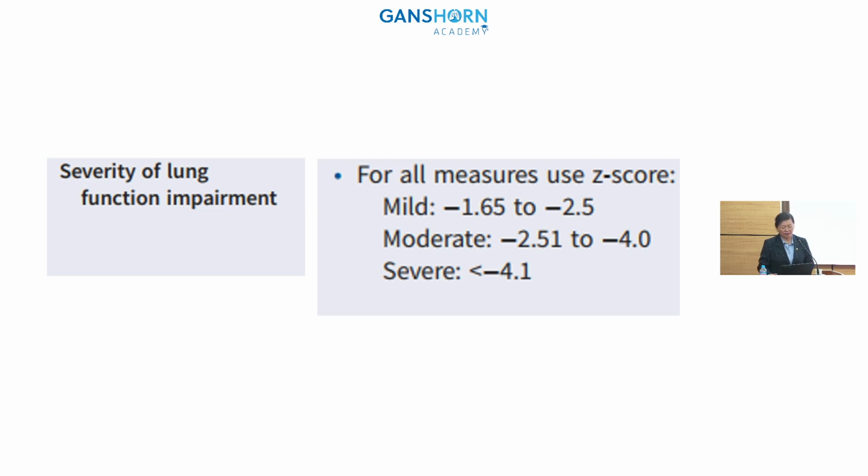Moderate is minus 2.51 to minus 4, and severe is less than minus 4.1. And this morning, Professor Carr showed us that the severity of lung function impairment has a strong correlation with mortality. So I think it is a very strong recommendation, and I hope that we could use